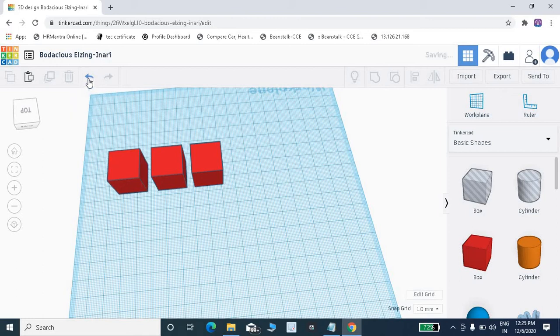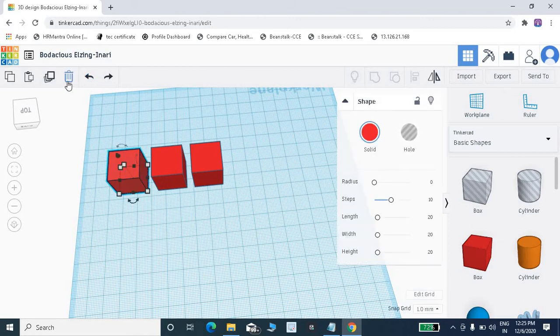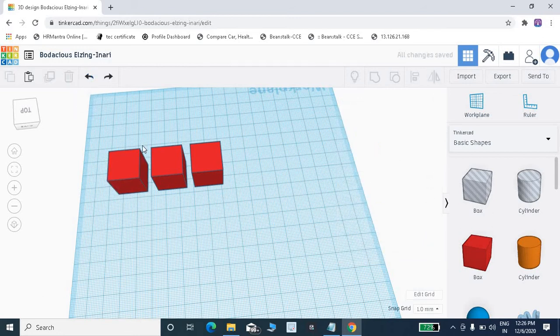When you click on this undo command, you will see back the last action you performed. Means when you click on an object and delete it, and you want this object back, at that time you can use the undo button, like this one. And this one is the redo. You can redo the last action which you undid by using redo.